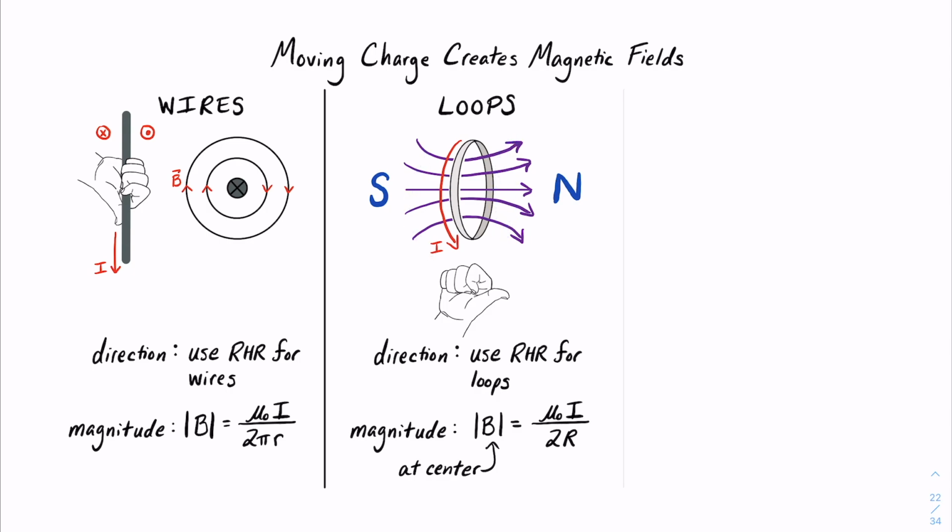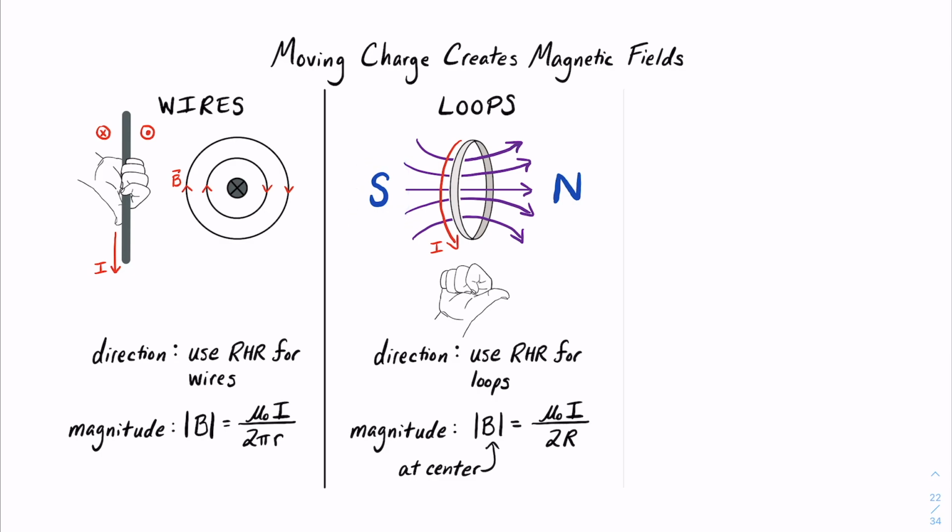magnetic field here in purple caused by the current going around in a loop, what we see is on this side of the loop, we see magnetic field lines emerging from the loop, as if it's a north pole. Whereas on the left side over here, we have magnetic field lines going into the loop, as if it's a